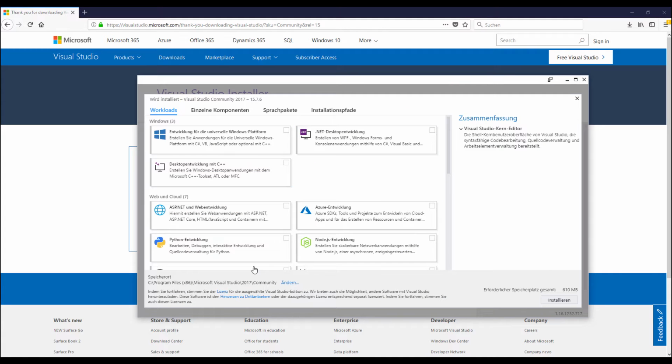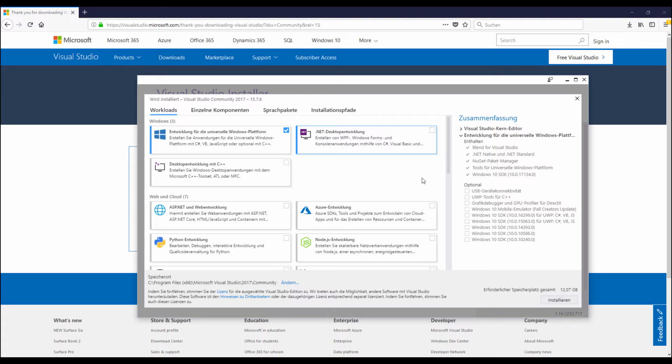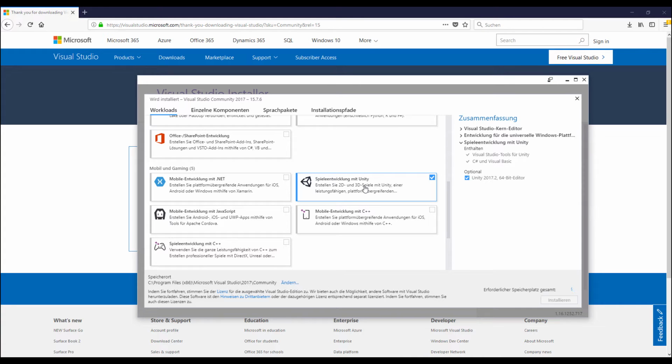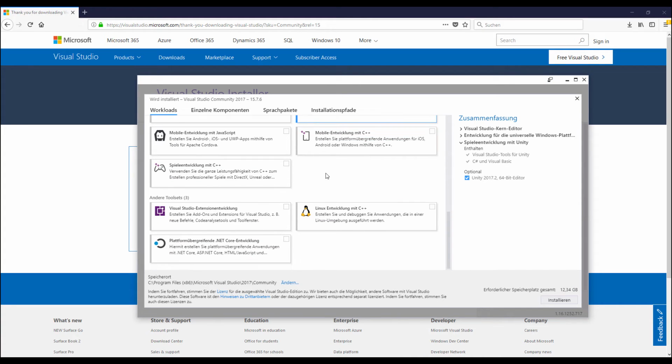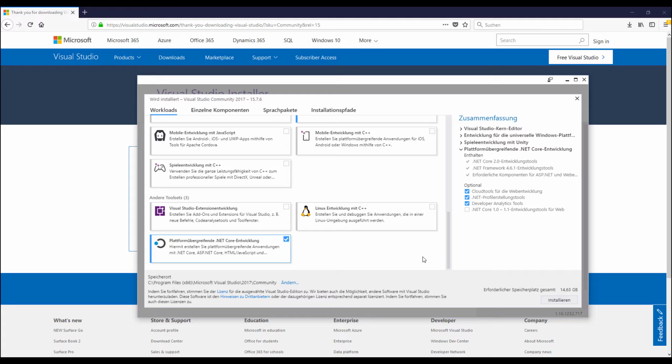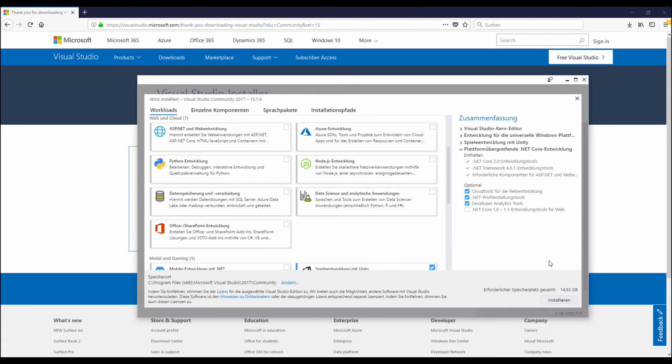After the installer is ready, you will see this window and click on the top left one, and we will use another one. It's a little bit down. It's for Unity. You can click it too, and then we will click on .NET Core because it's for different platforms, and click on Install. After this, it will take a little bit longer